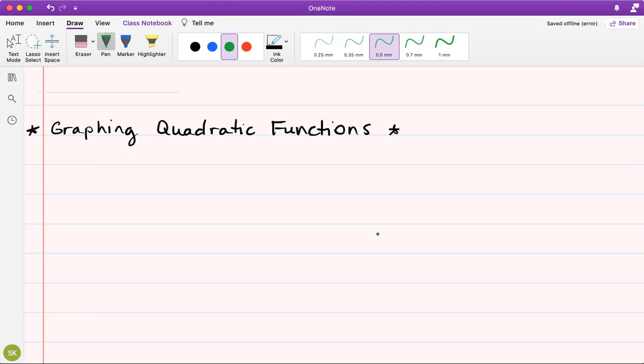Today we're going to graph some quadratic functions. So we're going to see a couple of different forms of quadratic functions. The first form we're going to see is a quadratic